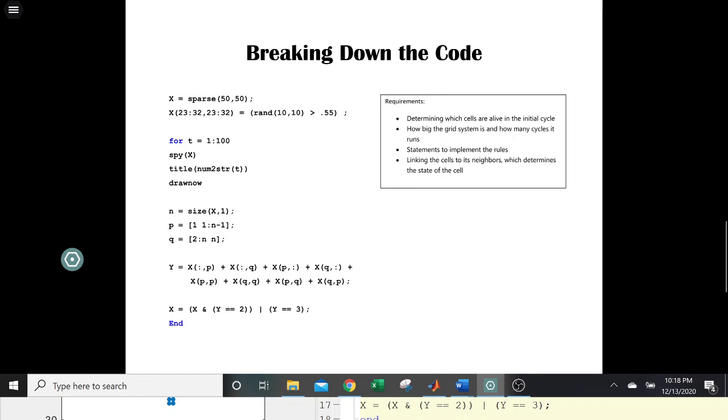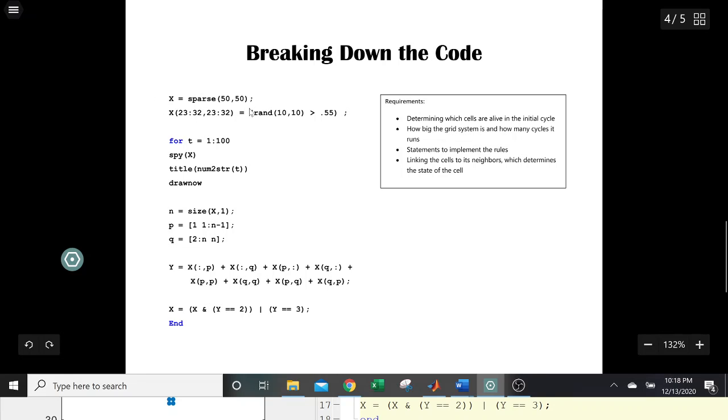So the code for my system was pretty short. I expected it to be longer, but this is all that I needed. So for my presentation, I thought I would just go through each component of the code since there isn't much to it. So just starting from the beginning,